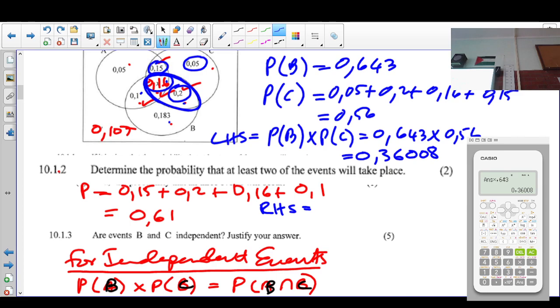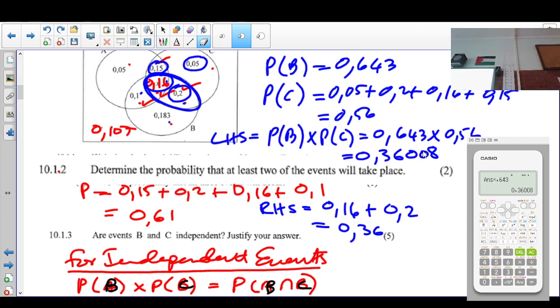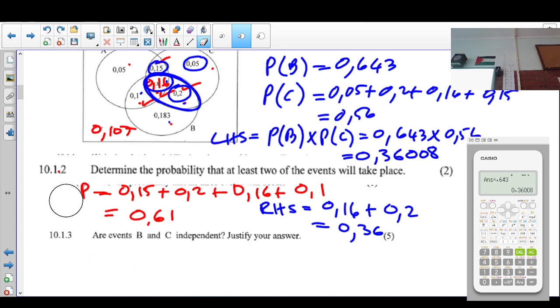The intersection there is 0.16 plus 0.2, that's 0.36. Are they equal? Is the left hand side equal to the right hand side here? No. So since it was not equal,